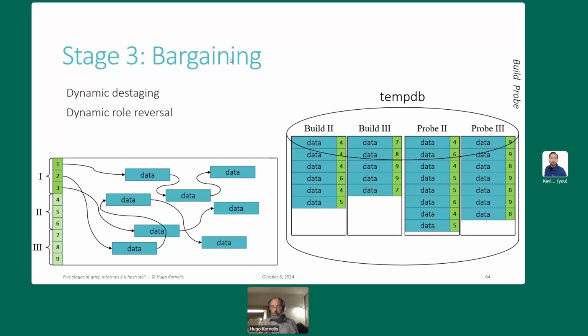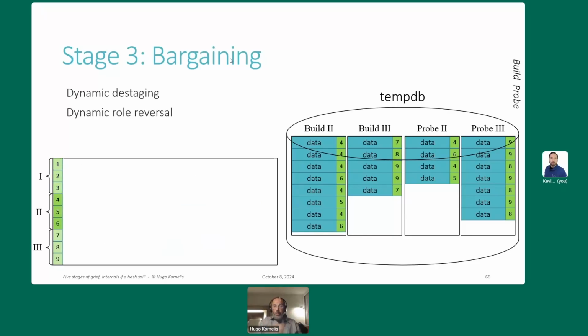This is the point where dynamic role reversal can happen. So at this point in time, let's imagine that the data distribution was slightly different. We have a bit more data in build file 2 and a bit less data in probe file 2. Not so much that we would have to recurse and split partition 2, but you see that the data is slightly different. Like I said, partition 1 has already been processed. The results are returned to the client, so we can free up the memory and we can make partition 2